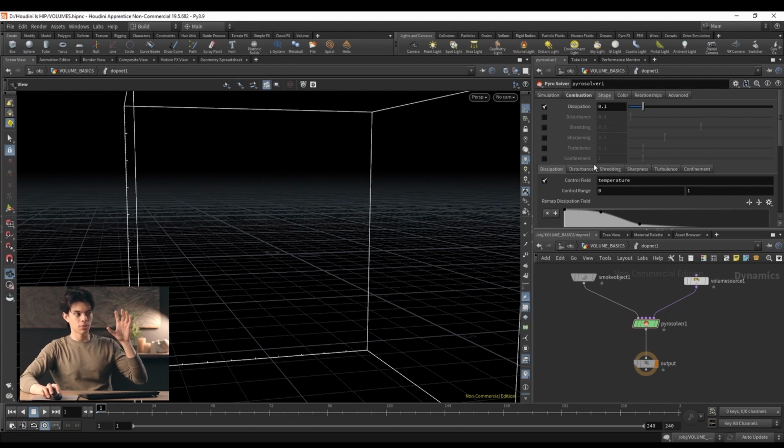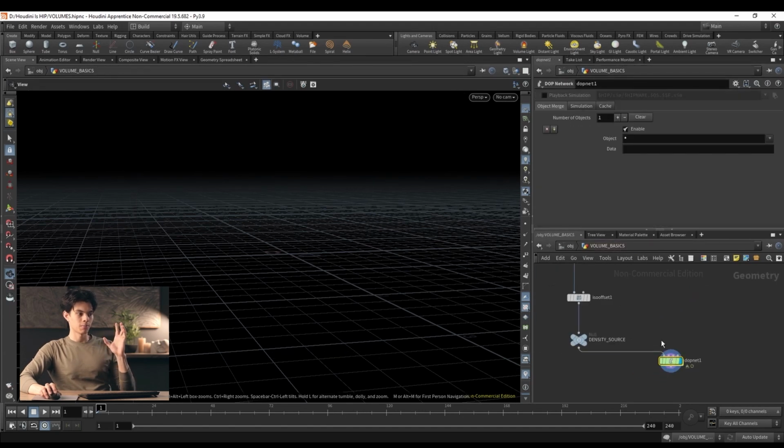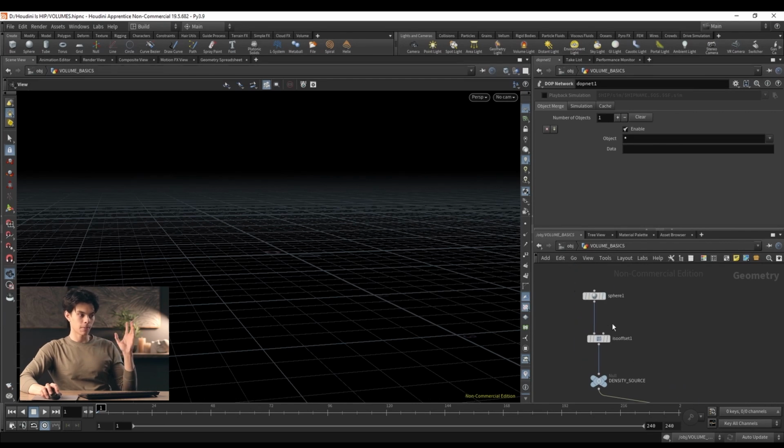So we can actually control certain fields with temperature. And by adding temperature, our simulation gets really interesting. So how can we add that? This is where we're going to have to look at something that is maybe a bit more complicated. It's not going to be super complicated, but it is going to be a bit more involved than what we've